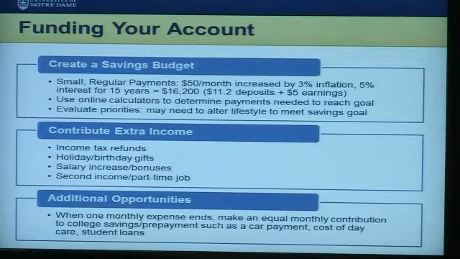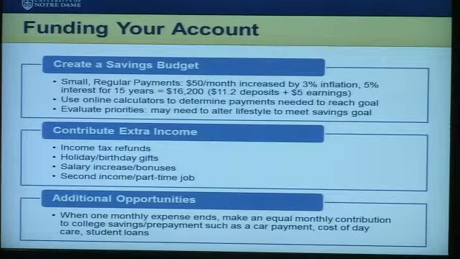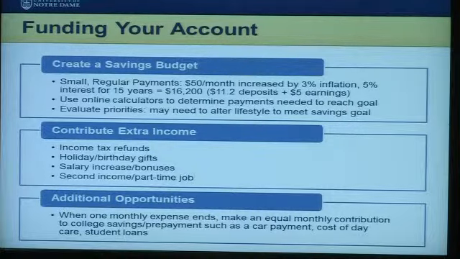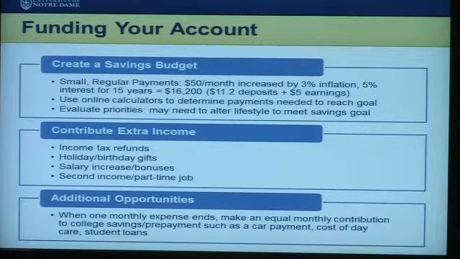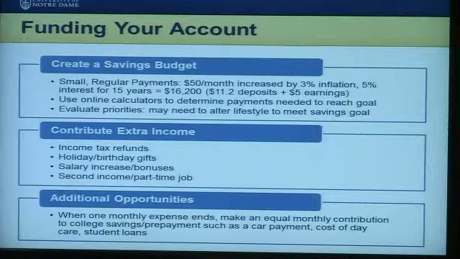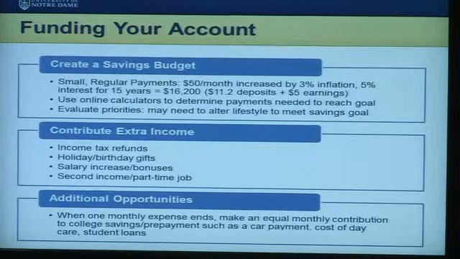How do you fund the account? Well, ideally, as early as possible, you would start the process. As early as possible after the child is born, you would start. And it could be a regular monthly payment. It could be very modest to begin with, with a plan that every year you would grow it by a certain percentage. And again, if you want to find out what you really need to be doing, how much the monthly payment would be that you need to set aside, you can back into that number using these calculators that are now available free of charge. So you can do it on a regular basis out of your income stream,